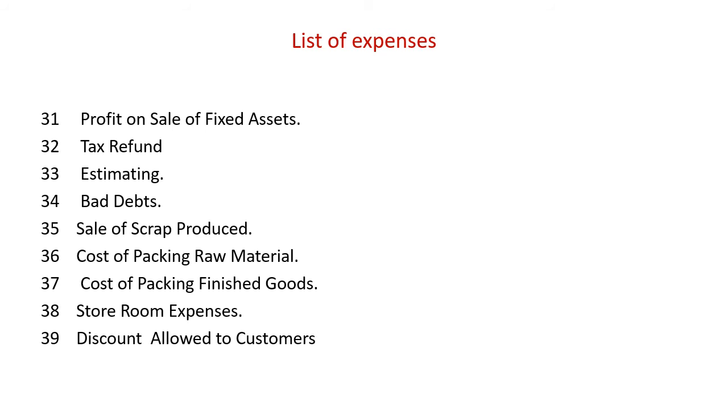Next, storeroom expenses. These are expenses for finished goods store, related to factory overhead, so it is factory overhead. Next, warehouse expenses. These expenses for finished goods are also factory overhead. Next, discount allowed to customer. Discounts are two types, cash discount and trade discount. If it is cash discount, ignore it. If it is trade discount for promoting, it is treated as selling and distribution expenses. So, this is the categorization of expenses.